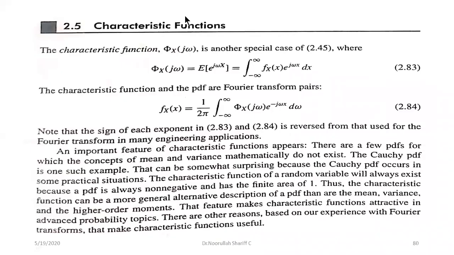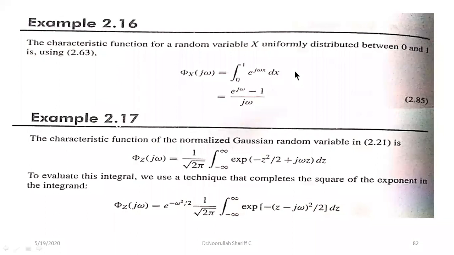We know the uniform random distribution: between 0 and 1, the magnitude will be 1. If you take between y1 and y2, the magnitude will be 1 by y2 minus y1. That's the only difference between 0 to 1 and y1 to y2. Here we are taking 0 to 1. So the integral from 0 to 1, the magnitude is 1